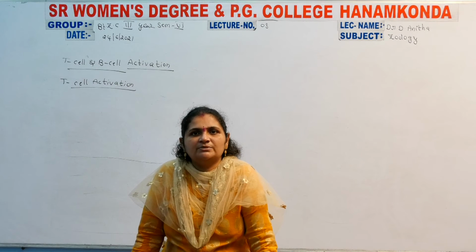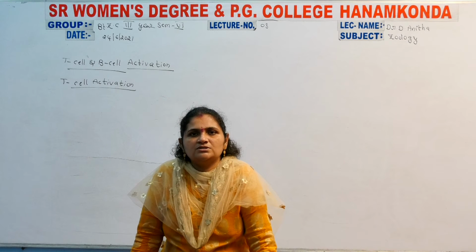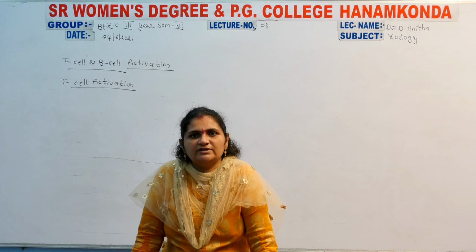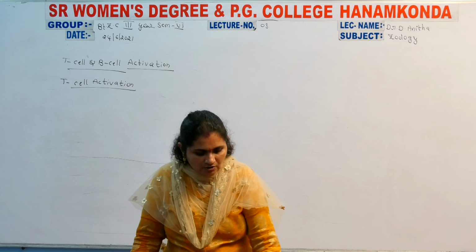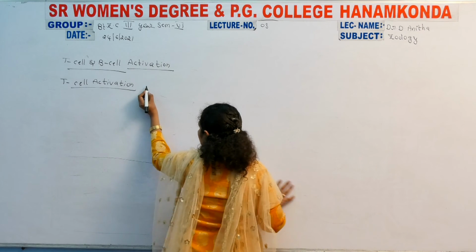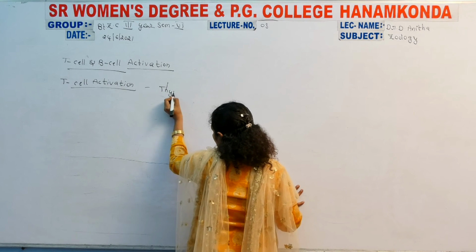We already completed the structure of the thymus gland in our previous classes. The thymus gland is a bilobed structure located mainly in the thoracic cavity, in the upper region of the chest. Inside the thymus there is a capsule-like structure, and immature thymocytes are present. Finally the T cells are differentiated and developed from the thymus. So the thymus is the main area for activation of the T lymphocytes, or T cells.